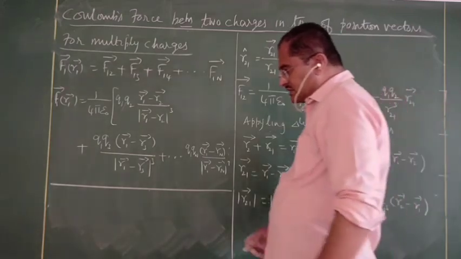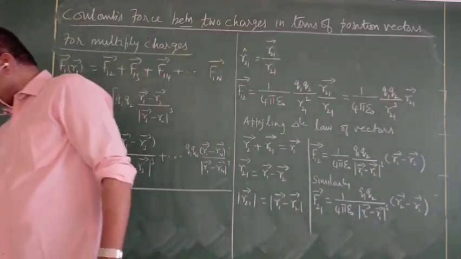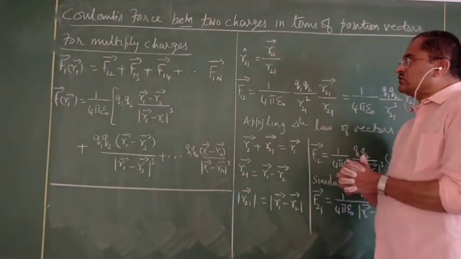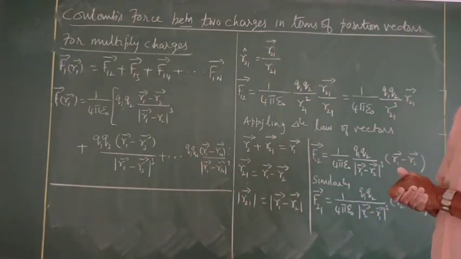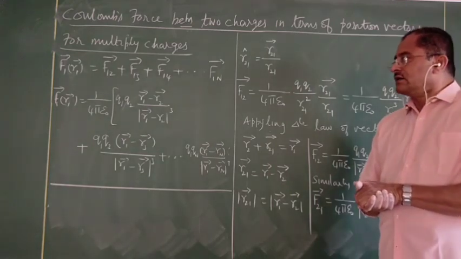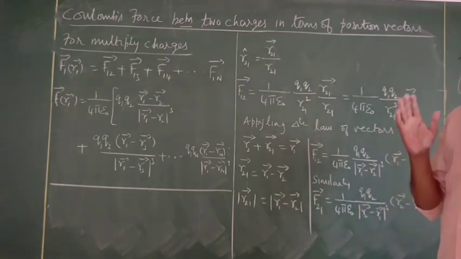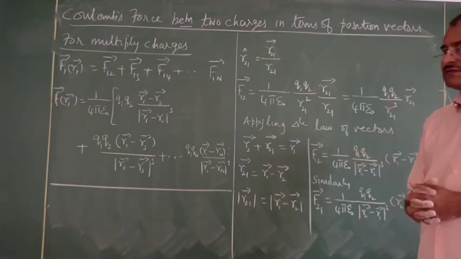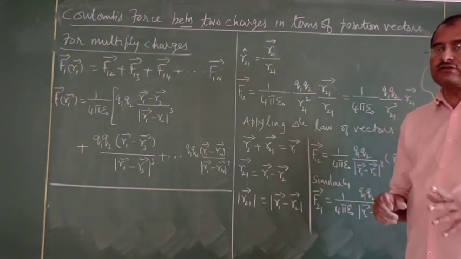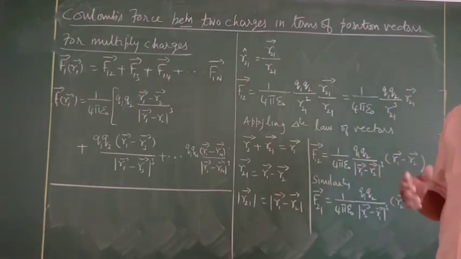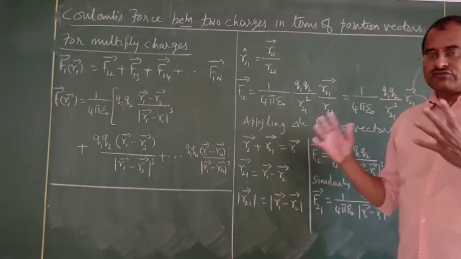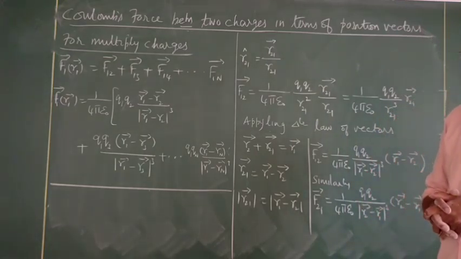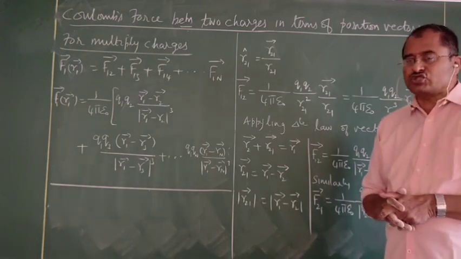I suppose you have understood what I have taught today in terms of vectors, the Coulomb's inverse square law, and also in terms of its position vectors. Please go through this video. You can't just watch it like a serial or a cinema. You need to have a notebook and pen with you. Sit and make notes of what I have done today, so that when we meet again, we will continue from where we have stopped.